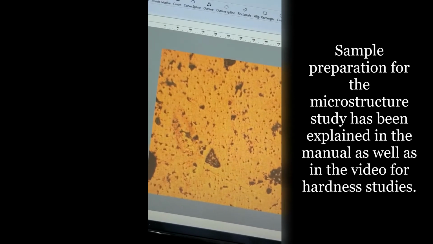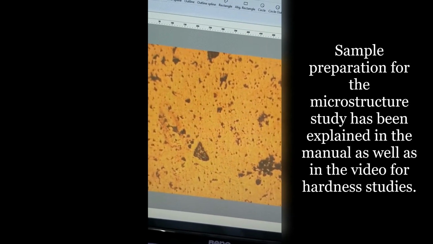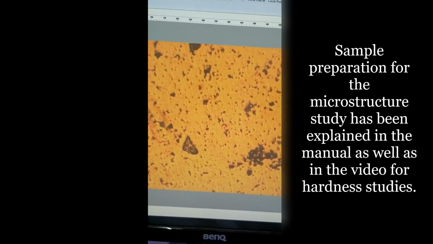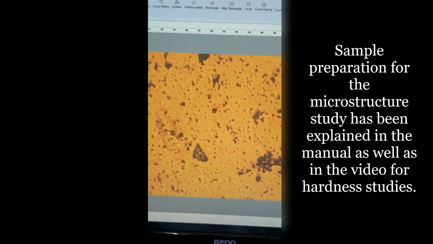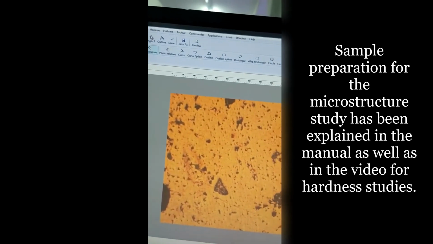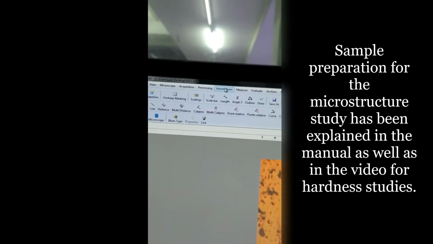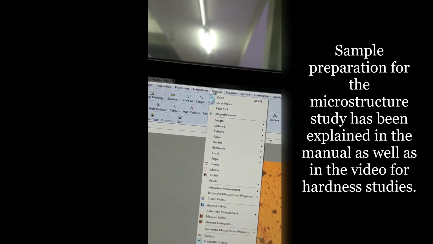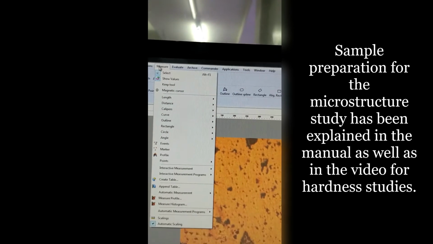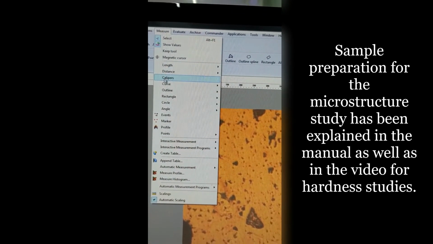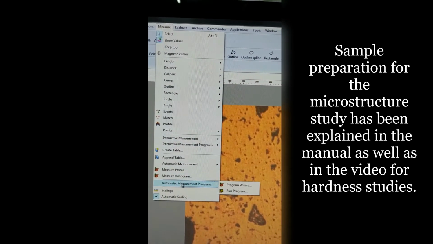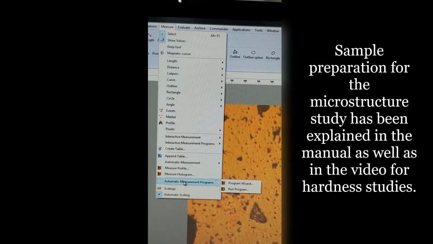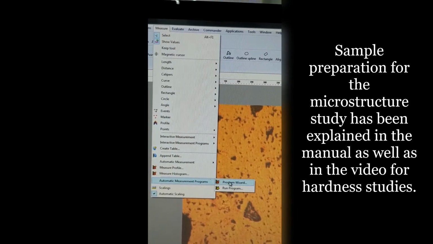Now we have to calculate the percentage of these nanotubes in this copper matrix, and for this we have to go to the measure method. Just click on measure, then come below to the automatic measurement program widgets.